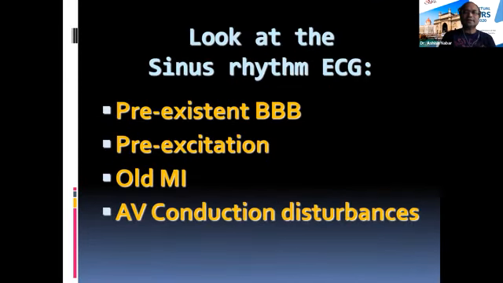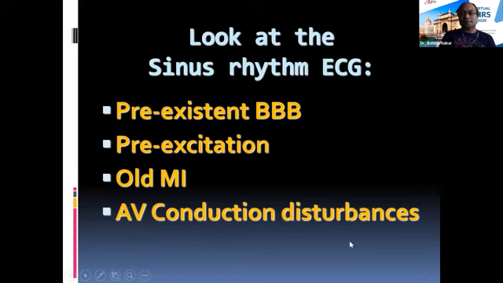But this is very common sense medicine. When this patient comes to sinus rhythm, if you see a pre-existing bundle branch block and your VT has the same bundle branch block, very likely you are dealing with an SVT. If you see pre-excitation in sinus rhythm, very likely your wide QRS tachycardia was an SVT, a pre-excited rhythm. If you see an old myocardial infarction, then believe me, take this one point home and I have done my job. If a patient with old myocardial infarction has a wide QRS tachycardia, it's going to be a VT 85 to 90% of the times.